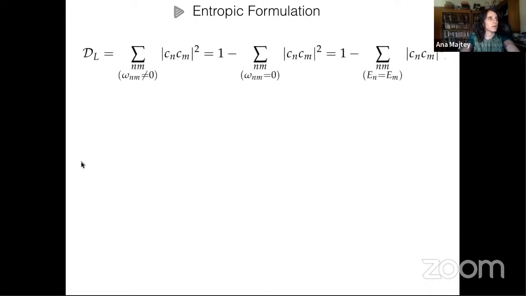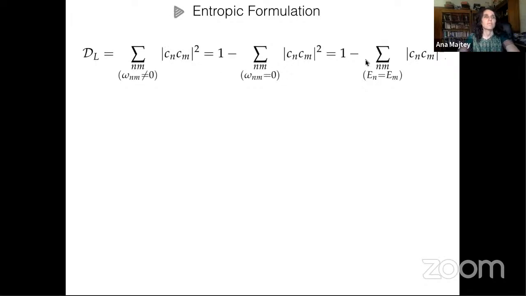So, going into the last part, we assume that our measure D is well approximated by its asymptotic value. So we take D equal to its asymptotic value D_L. Under this assumption, we now investigate the state that maximizes this amount of evolution under the constraint of fixed mean energy. So this is now our measure, the asymptotic value of the measure. Remember that here we are taking only the first term in the whole expression of the amount of evolution, because we are approximating the amount of evolution with its asymptotic value, because this asymptotic value is quickly reached in the dynamics. So this expression here can be written, because of the normalization condition that the coefficients satisfy,